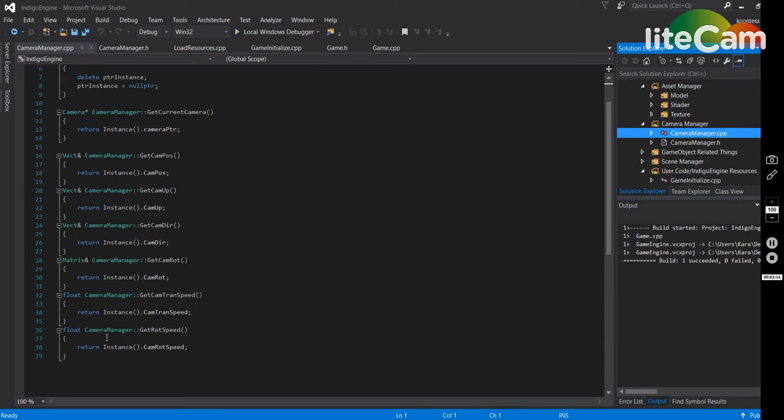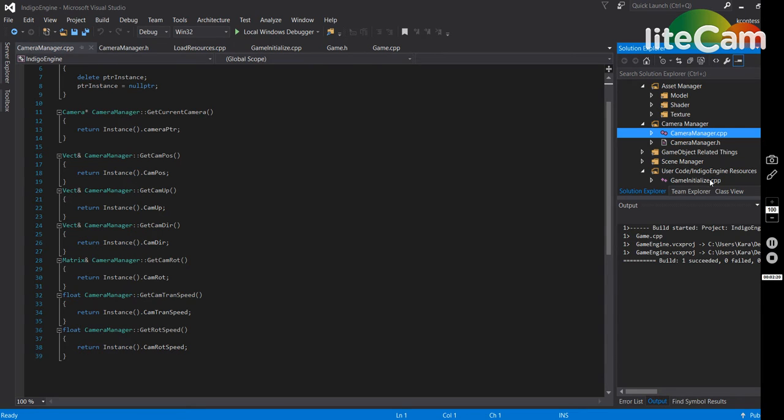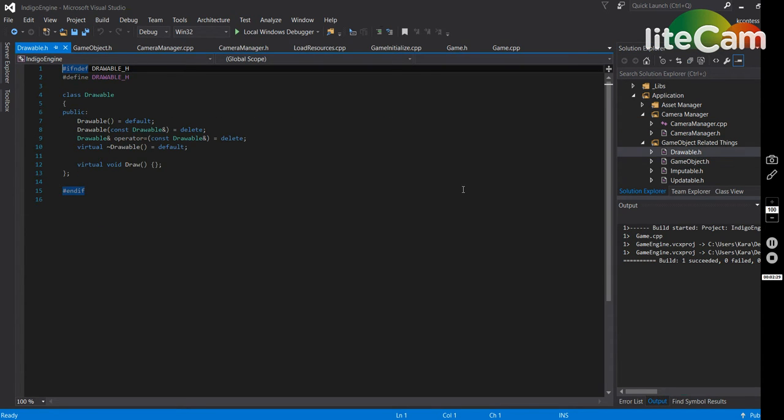Pretty simple. Next, we have the game objects, the beginning of them at least. So we have the game object H, the drawable with its virtual void draw,